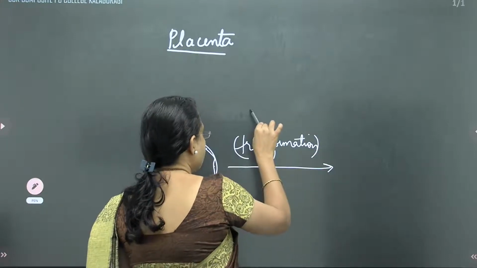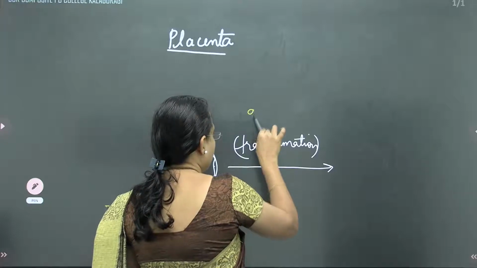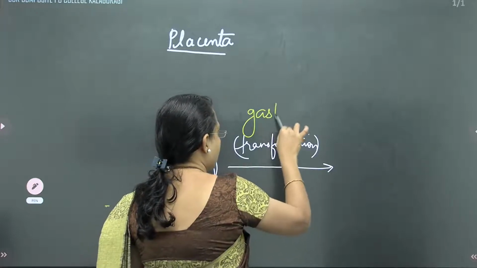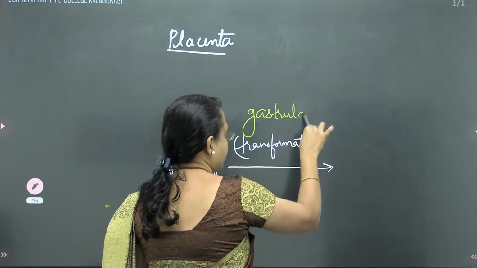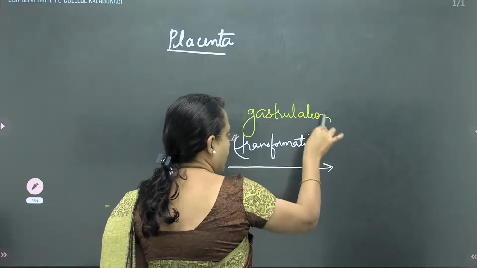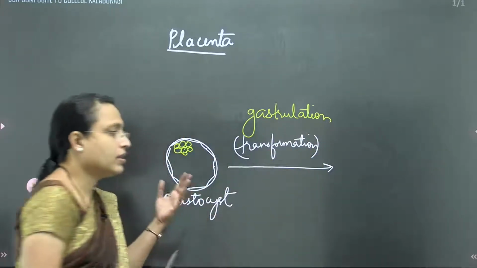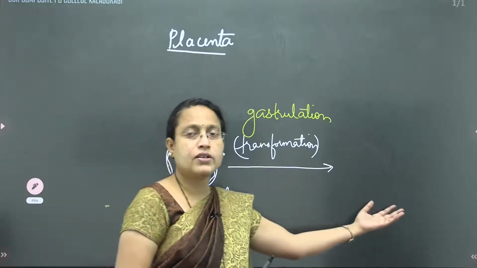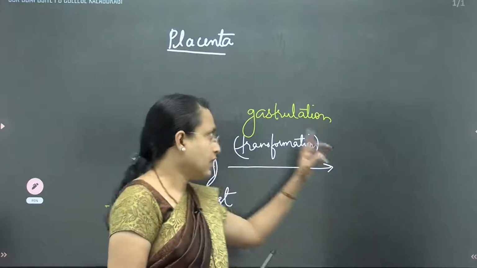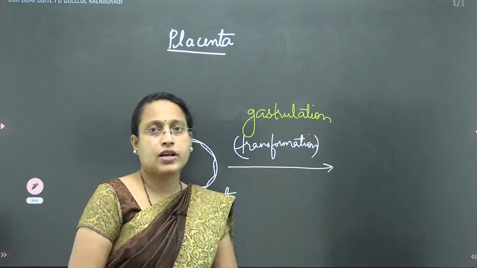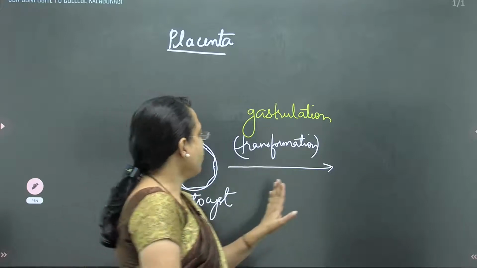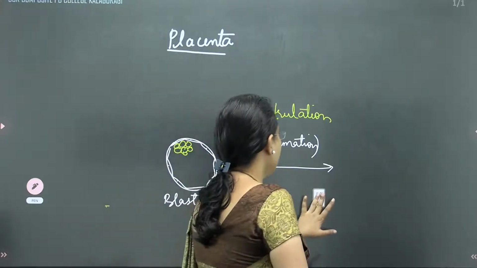The process of formation of gastrula is called gastrulation. So gastrulation is when the blastocyst transforms itself into gastrula. Before formation of gastrula,